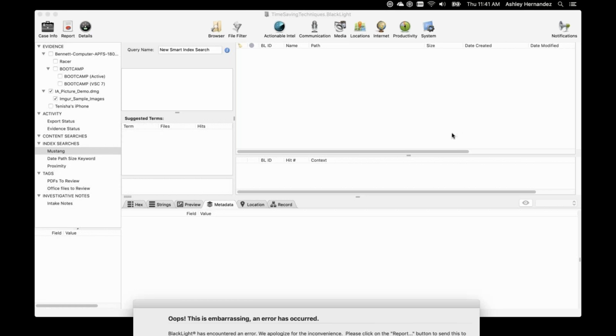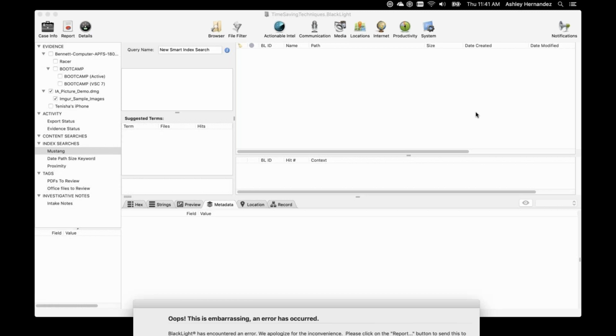Yes, so a few questions have come in during this section. The first one, does indexing search Slack or unallocated? Indexing does not currently search Slack or unallocated. We want to focus indexing on the areas that we think are going to be most relevant for you to look at. Keyword searching is going to be better for doing any sort of unallocated or Slack piece. But when we're looking at the actual data within the files, that is where your index is going to have the most value.